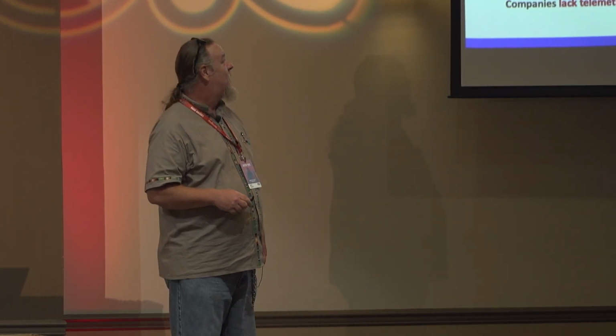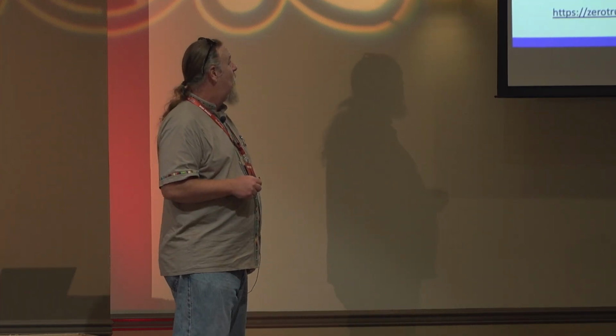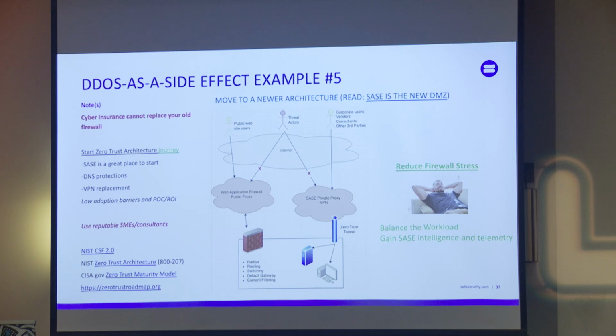So, you have to have telemetry to prepare for attacks. If you don't have it, and you don't have the tools to then stop the attack, you are at a total loss. And we didn't do a good job of what we're supposed to be doing. Small companies I get blindsided for budget. The big ones, like you got the money, you just got to sell it to the CIO, right, or the board. So it's all misdiagnosed. So one thing I talk about a lot in this case is your cyber insurance is not going to replace your firewall for you. It's not something that they give anywhere in their services, right?